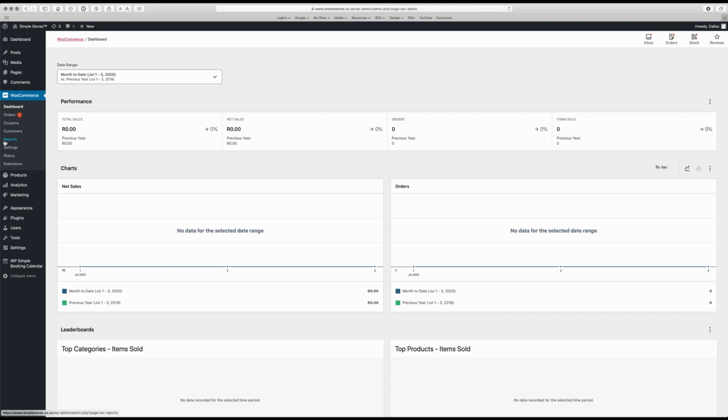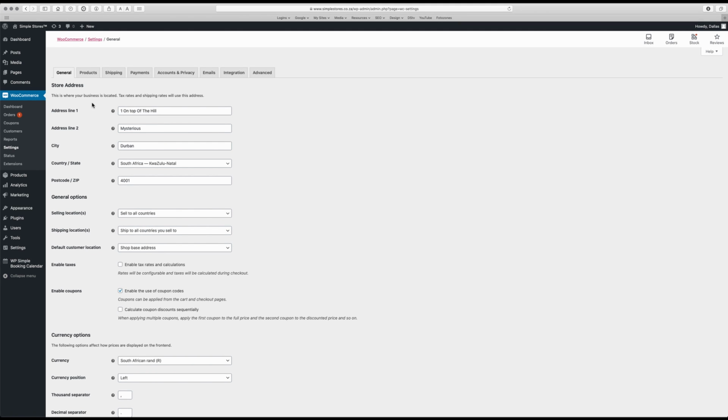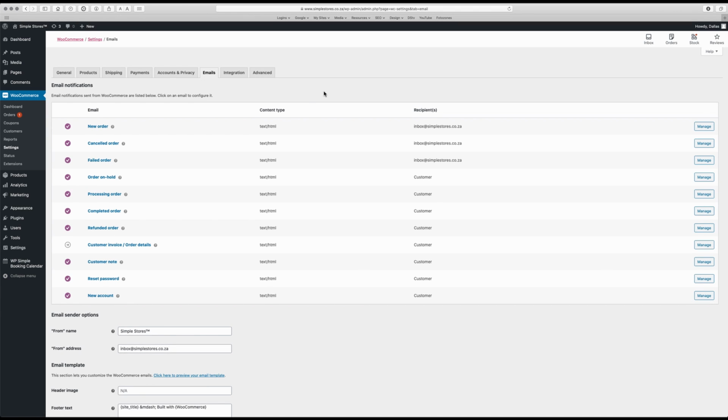Under WooCommerce, you will see there's an item here called Settings. We're going to click on that. And once we're in the settings, we're going to look for the tab that says Emails and click on that. This will bring up a list of all the different system emails that get sent out at various events in the e-commerce process. So for instance, when somebody places a new order on your website, this email will get sent to that recipient, which in this case is